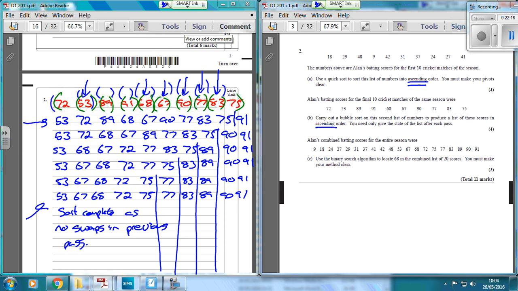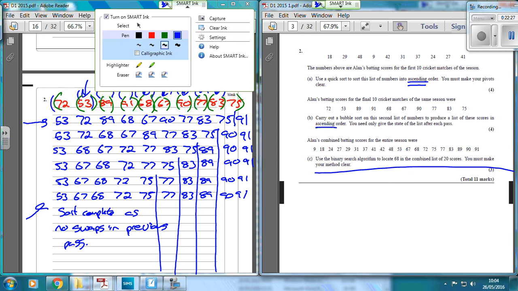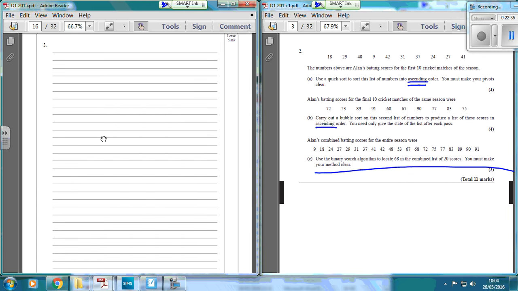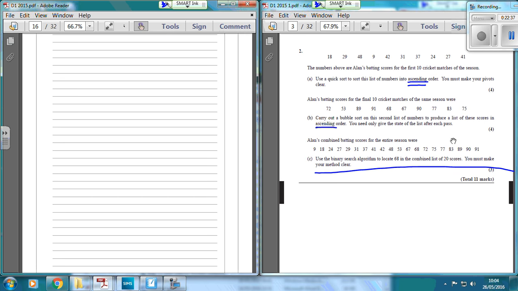And finally, we've got the binary search algorithm to locate 68 in the combined list of 20 scores. You must make your method clear. So when we do binary search algorithms, it's really important to make sure we've got a numbered list. So we've got 20 scores here, and we're going to write down a list of 20. So 1, 2, 3, 4, 5, 6, 7, 8, 9, 10, 11, 12, 13, 14, 15, 16, 17, 18, 19,